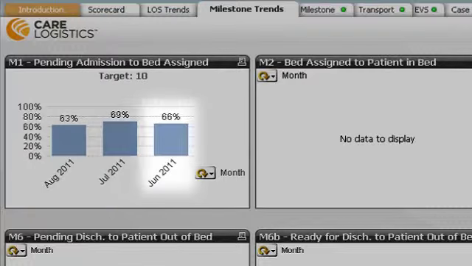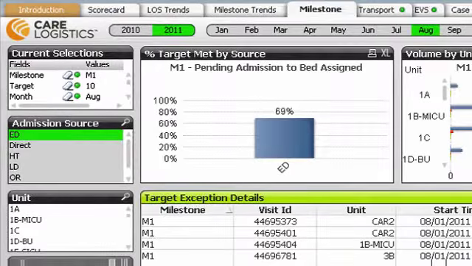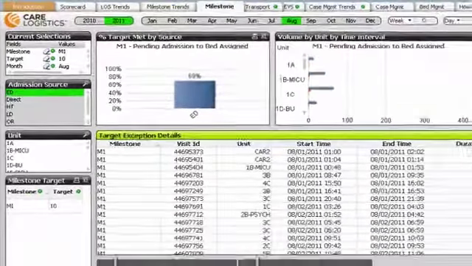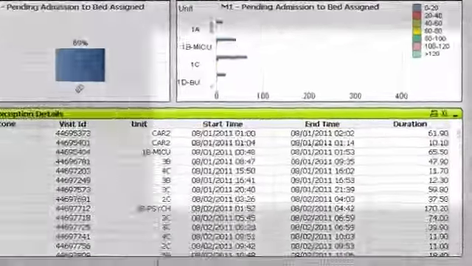In June, we were 66% effective in making that target. In July, we were 69% effective. And in August, we're 63% effective in making that target. So if I want to drill into that data and get some more detailed information, I can click back to my original screen. I can actually take all of this data and export the whole data set